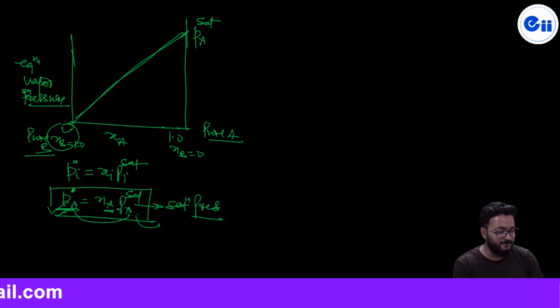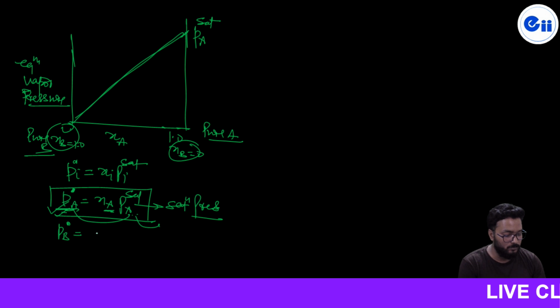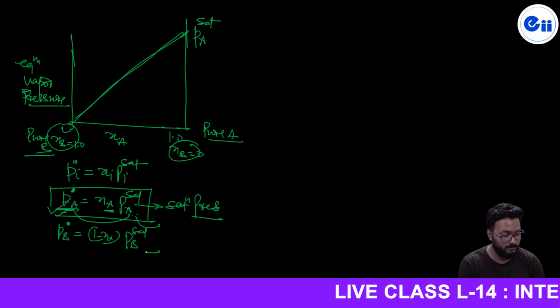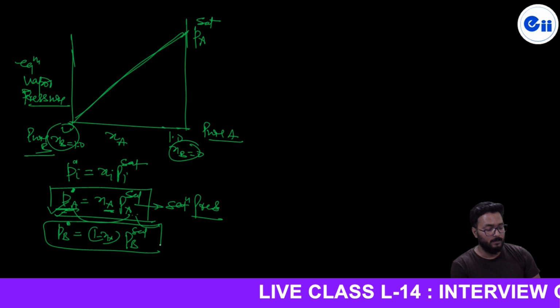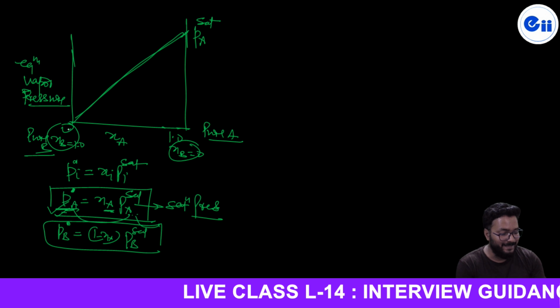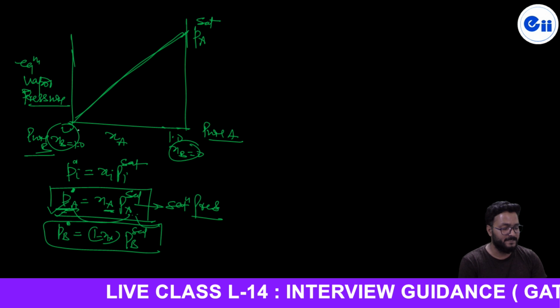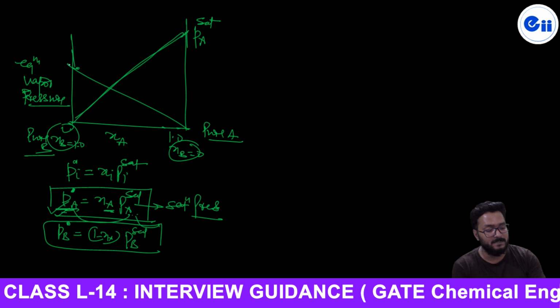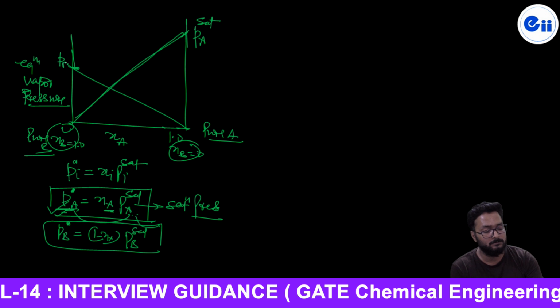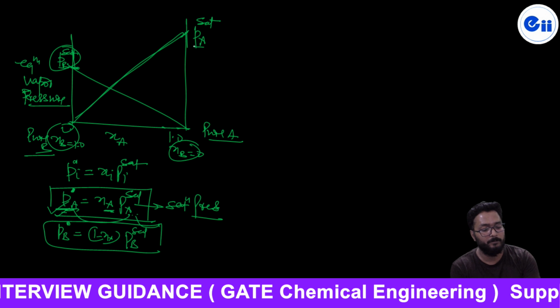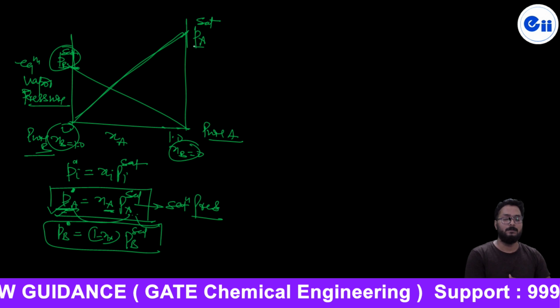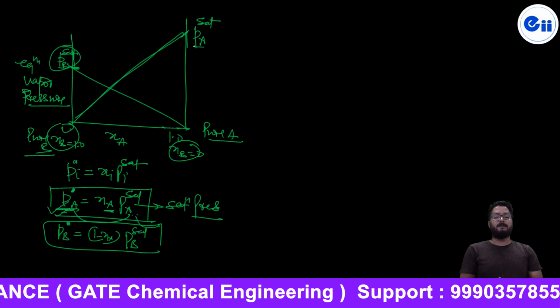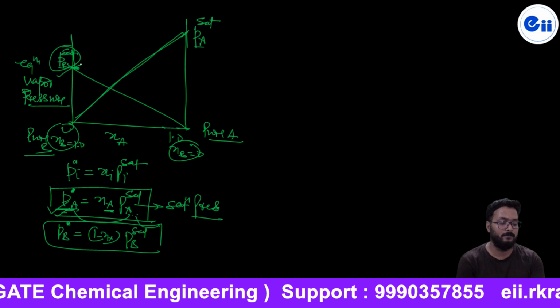Now, at the same time, as far as B is concerned, PB star is equal to (1 minus xA) into PB sat. We can write that. Now, my dear student, at this point xA equals 0, it means xB equals 1. If you draw the curve here, obviously PB sat will be lower than PA sat, because A is more volatile than B. Since A is more volatile than B, obviously the vapor pressure of A will be more than that of B. Very simple.